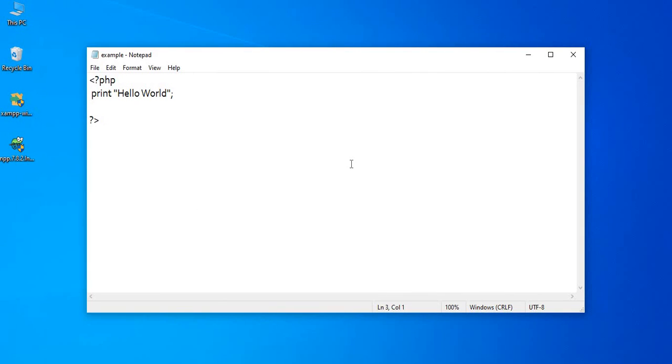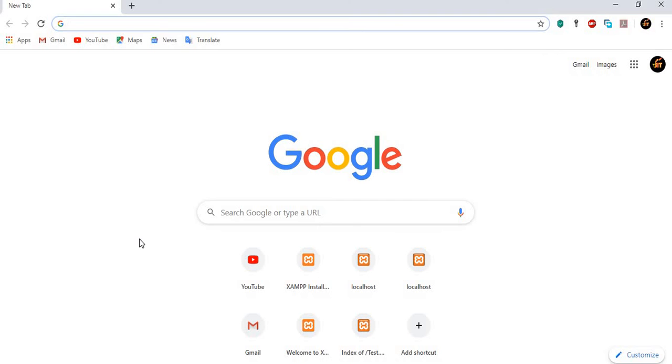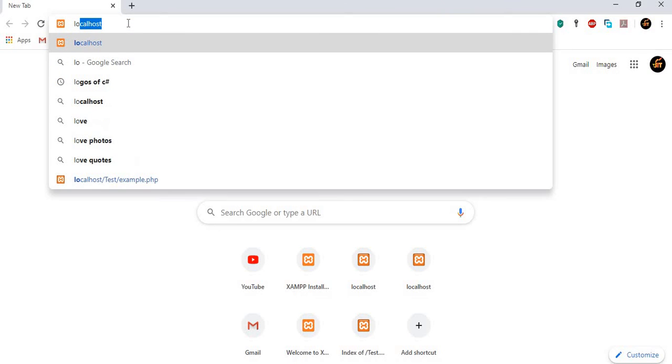After that, you have to go to the web browser. I choose Google Chrome. As you can see now, I have opened this. So when referring to PHP, you must use, as I mentioned earlier, the localhost. So you have to type in localhost